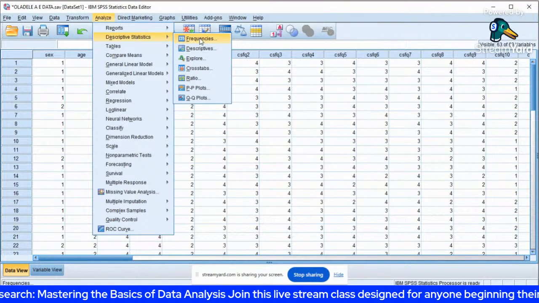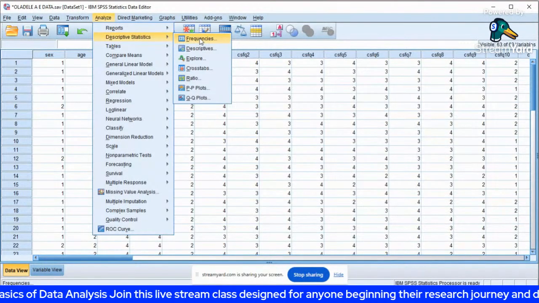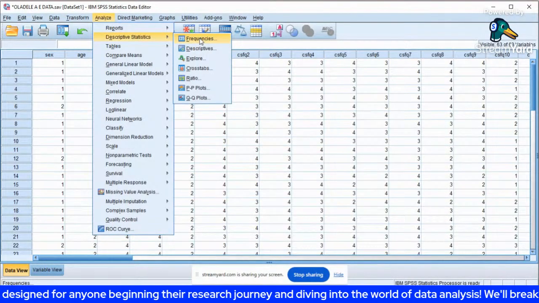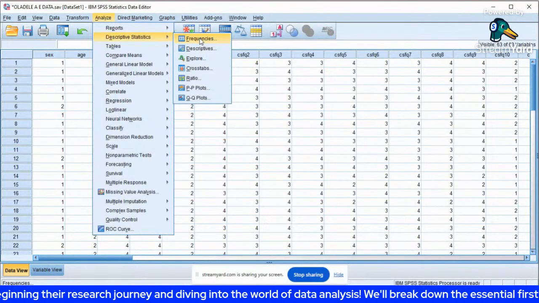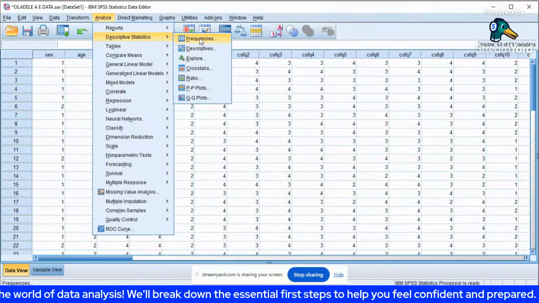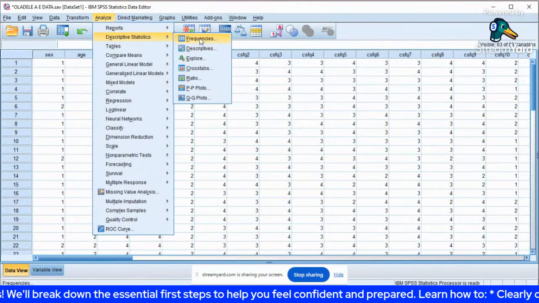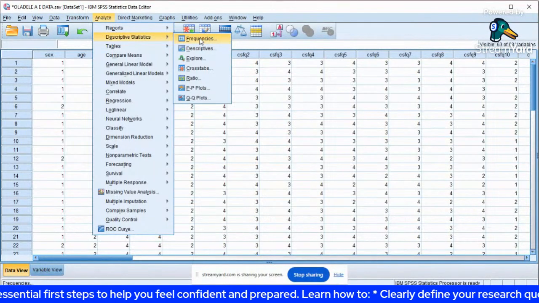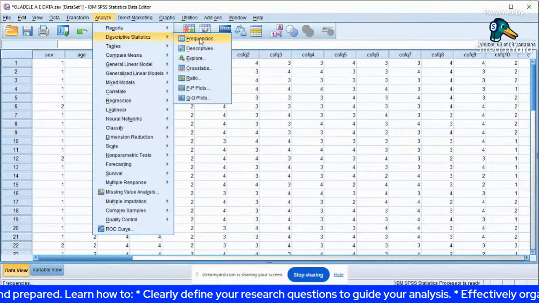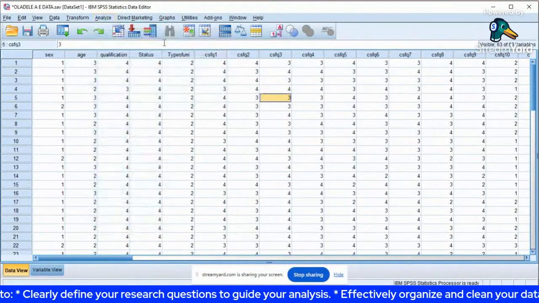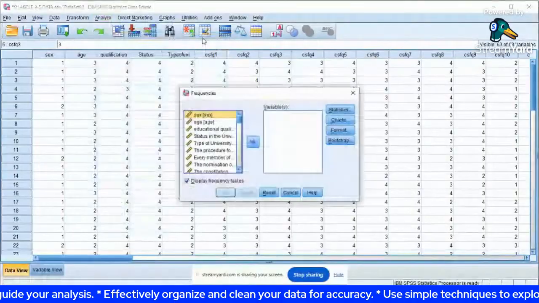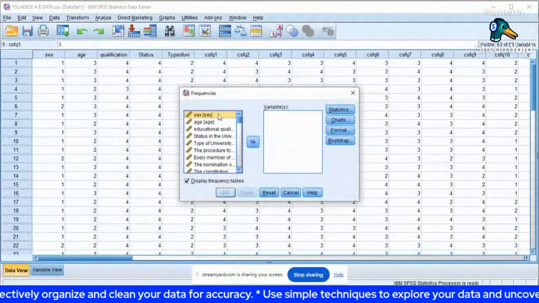So, we want to do demographic pattern. Our next class will be using this. So, go to analyze. From analyze, select descriptive, frequency. Can we take the 3 steps now? Analyze, descriptive, frequency. Yes or no? Yes. Then